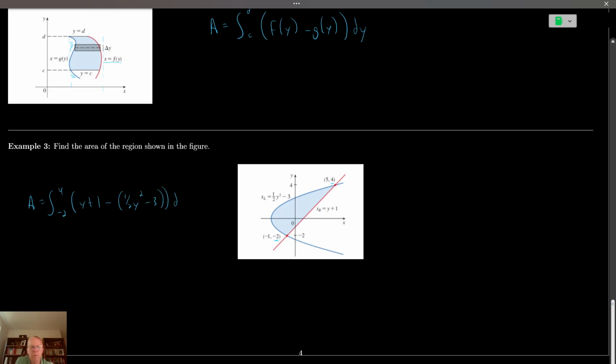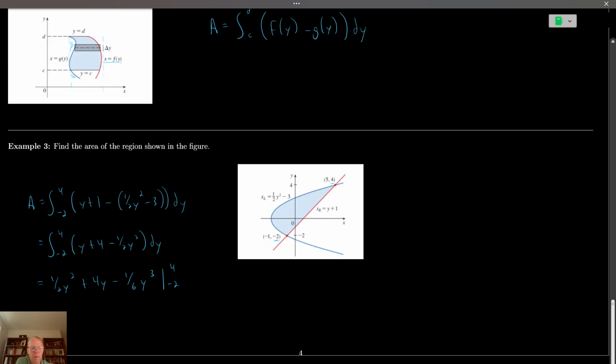Let's simplify this before we integrate. So we get y, 1, this will be a plus 3, so we'll make that a plus 4, minus 1/2 y squared dy. Now we'll integrate, so we get 1/2 y squared plus 4y minus 1/6 y cubed